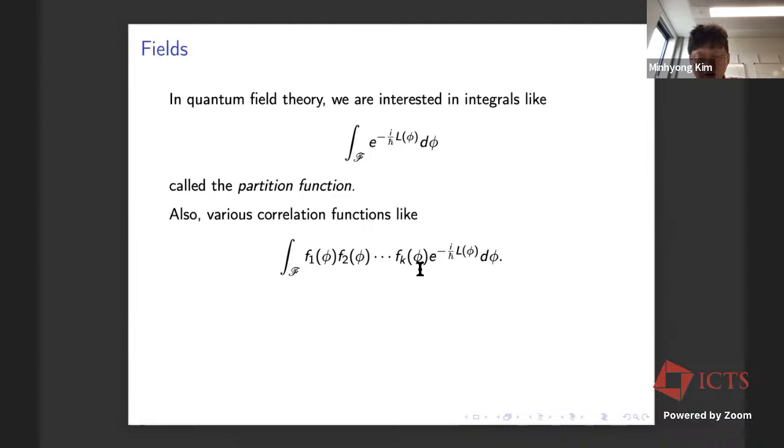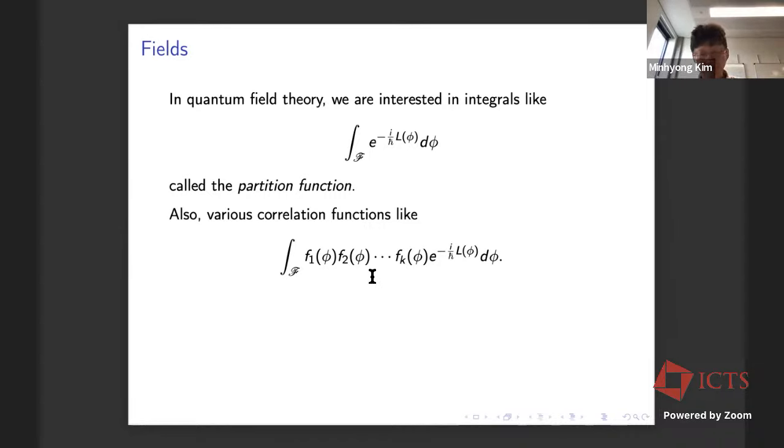So it's not an exaggeration to say that in serious physics of quantum field theory, when people want to make predictions about scattering experiments and so on, computing functions like this is all you have to do in principle in order to get all the quantities that are of interest in these particle accelerator experiments.